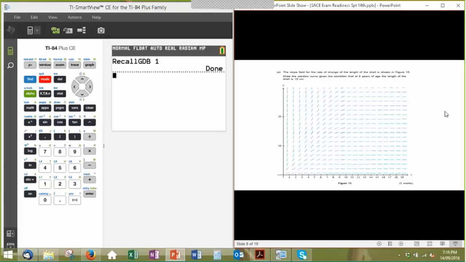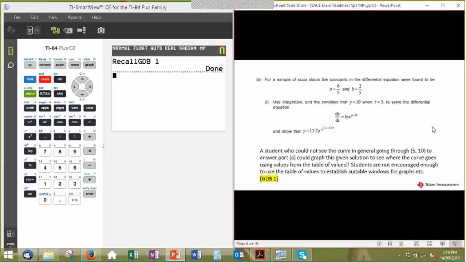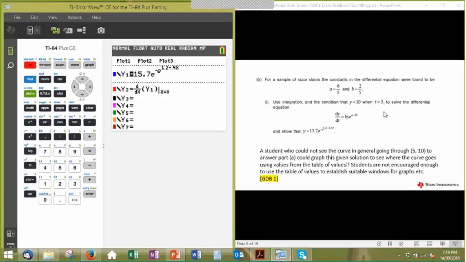The examiners like to make sure that you go through the point they give you and that you don't cross any obvious slope lines, so then they'll give you 2 marks for that reasonably easily. But what I think is important is that if you couldn't see where the curve was going, in the second bit of the question you were asked to solve the differential equation and come up with the formula, 15.7 e to the blah blah blah, not very clear to read there. You could then graph it, have a look at some of the points on it and transfer that back to your slope field in the answer booklet. So hopefully this has set itself up.